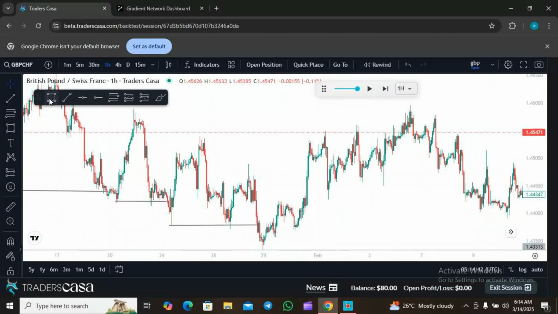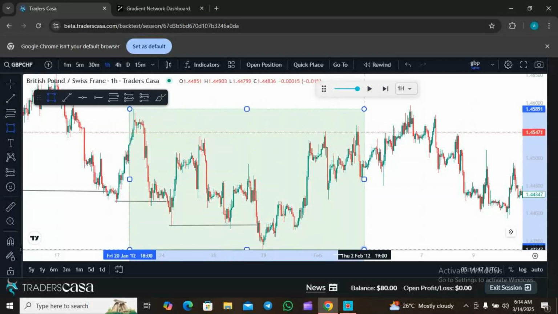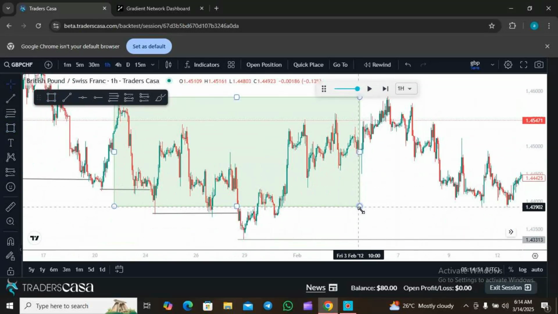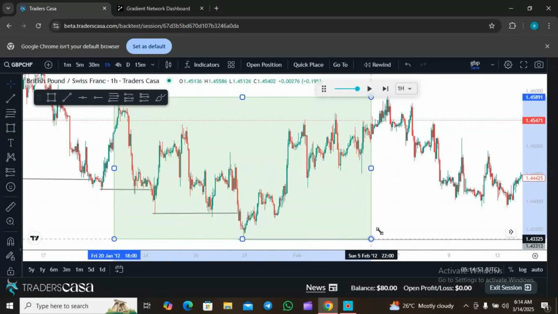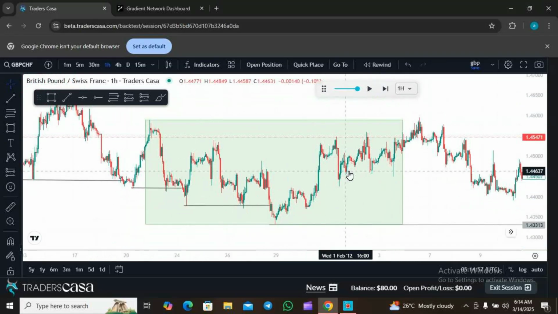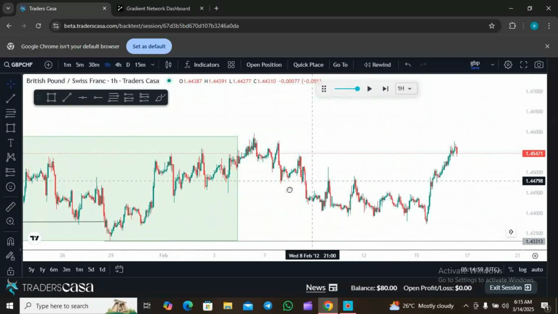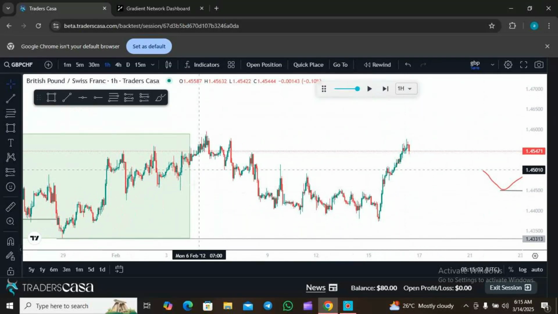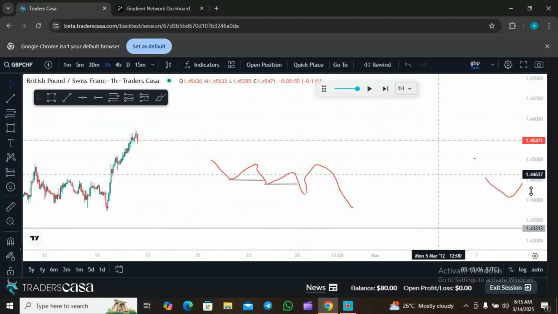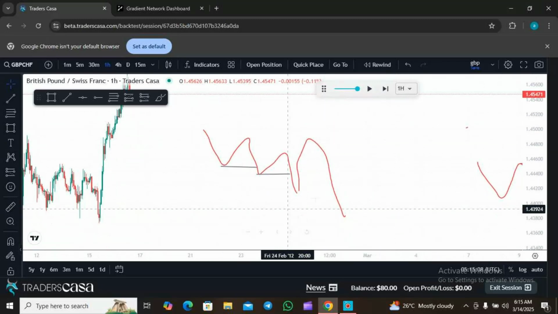You can see it in a high probability trade setup. It comes in a high probability trade setup. If this type of setup comes up like this,